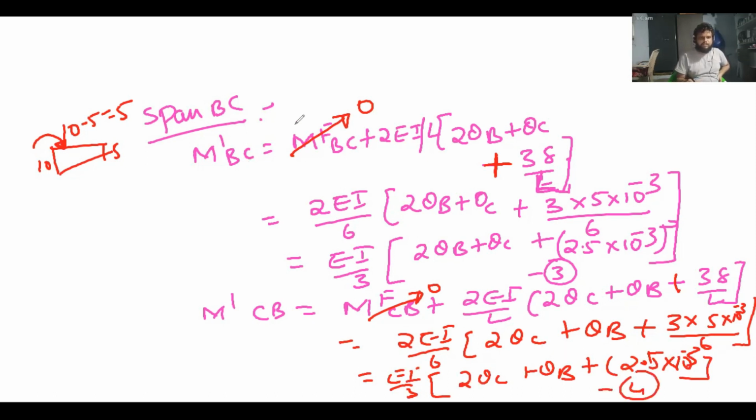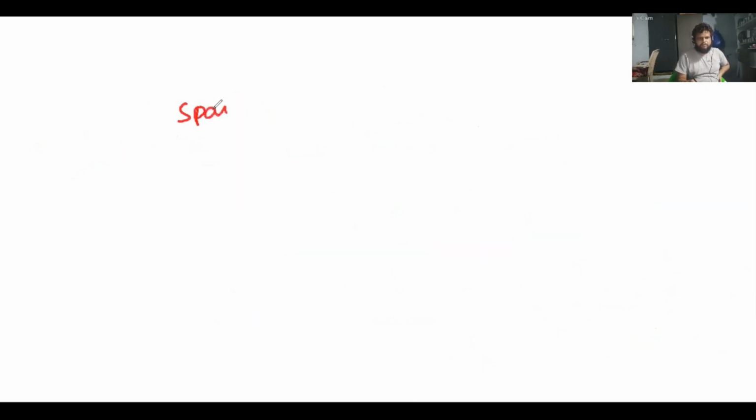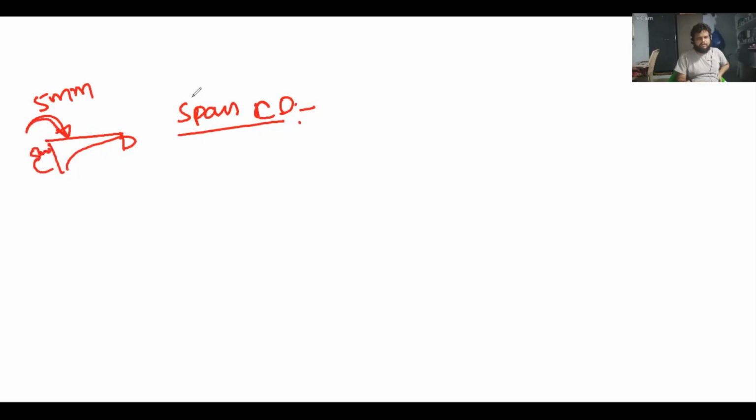Now we will go back to our third span, that is CD span. Span BC done, now span CD. In the span CD, only support C is sinking. How much is that? That is 5 mm. So this is the sinking. What type of movement is required to create this 5 mm? Clockwise movement. Next, M dash CD